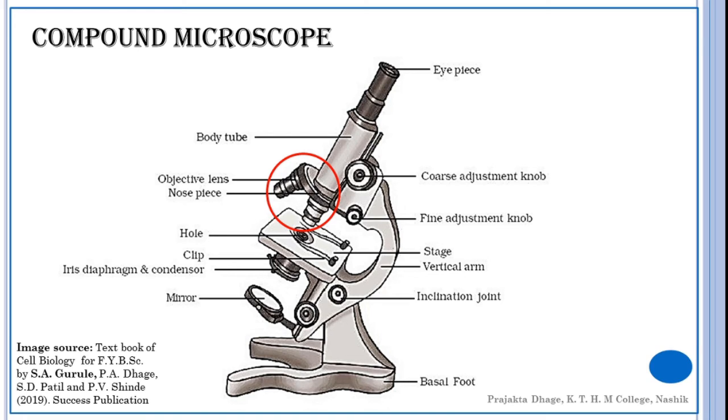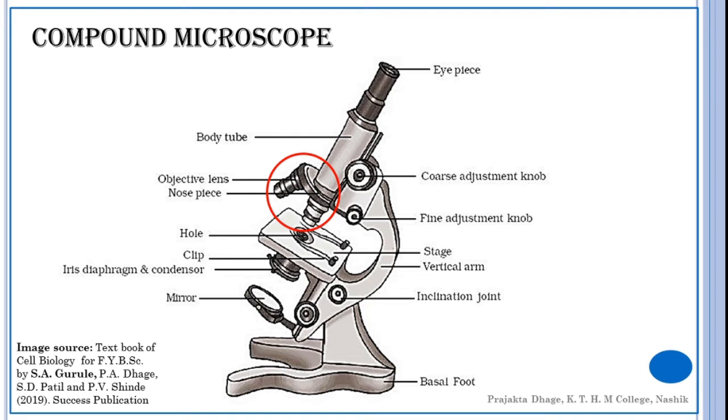The objectives collect the light rays from the object and form a magnified real image at some distance above them. The oil immersion lens, or the 100x lens, is used with a cover glass to cover the material on the slide. The thickness of the cover glass is generally 0.17 mm, and this value may not be of any significance when a lower power objective is used and there is a large gap between the cover glass and the objective.